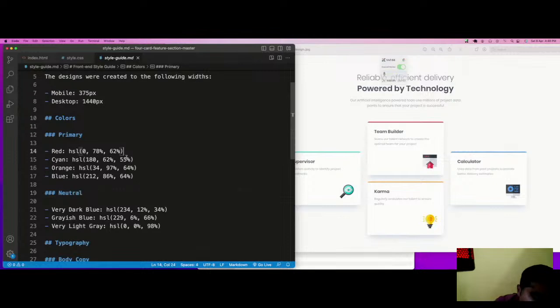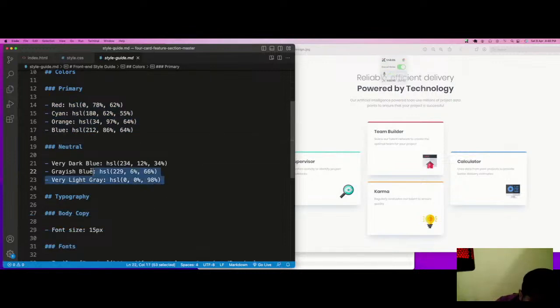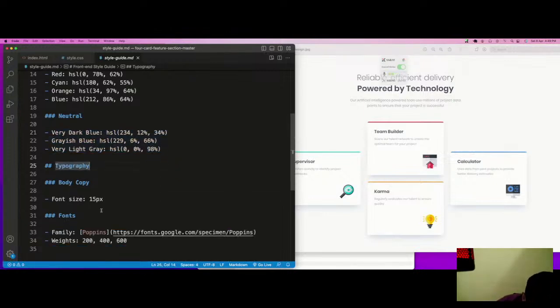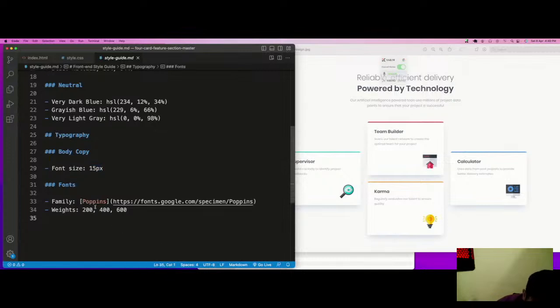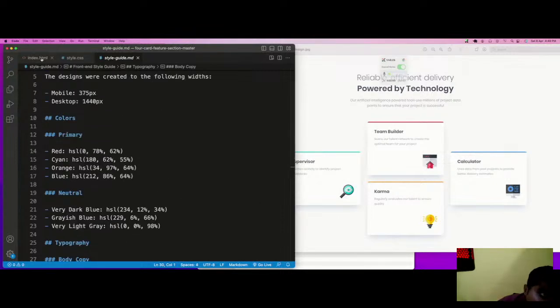These are the four border tops what they have given. After that, they have given these three colors. It might be a background color and the font color. We will check out which color needs to fit where. And we have a standard font size of 16 px, font family Poppins. They have asked to import it with the font. So that's all what they have given.